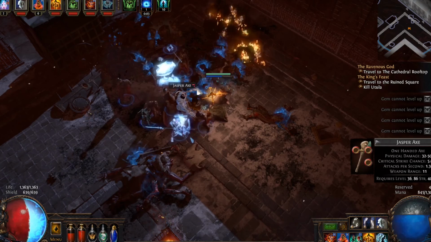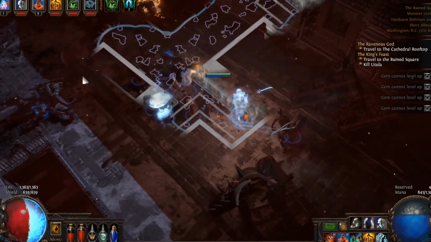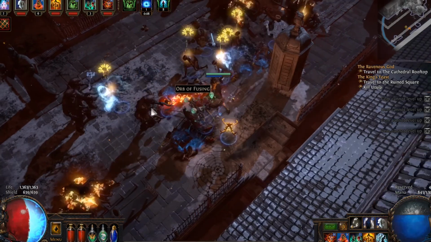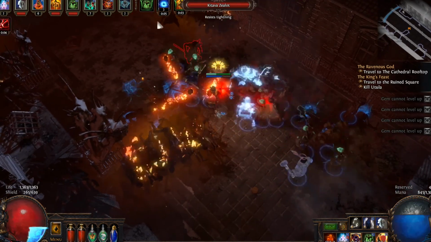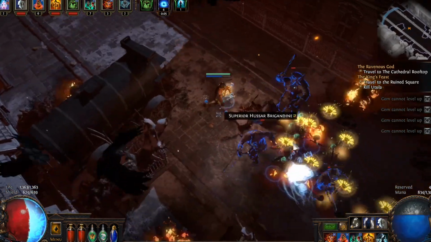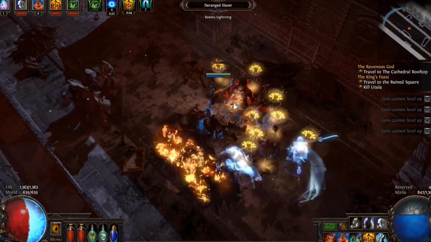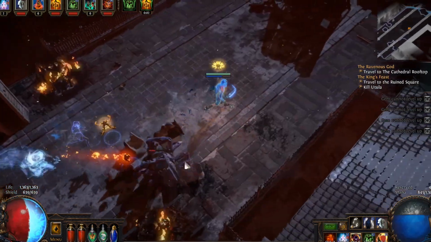Can I not use that axe? No, I guess not. Jasper axe. We should have been able to use that. That was a melee weapon. Should have actually worked. There may be a cap on minions. I guess it's possible. I don't see why they would do that, but...